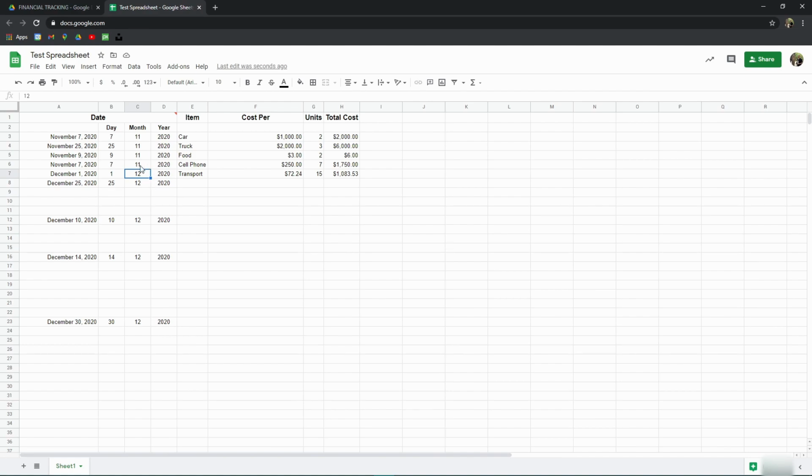And we can use this with SUMIFS and COUNTIFS and all sorts of things. We can sum things that are only within a certain year or only within a certain month, and so on. So having this broken up like this is a great little way to do this. And then the last trick of this lesson is going to be what to do right now with